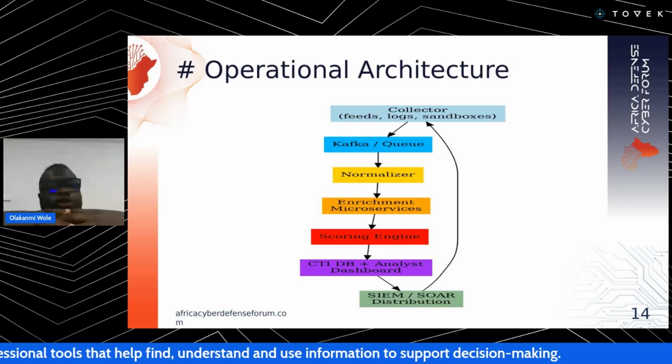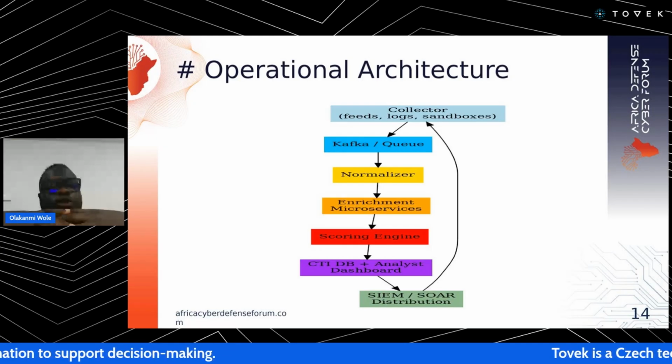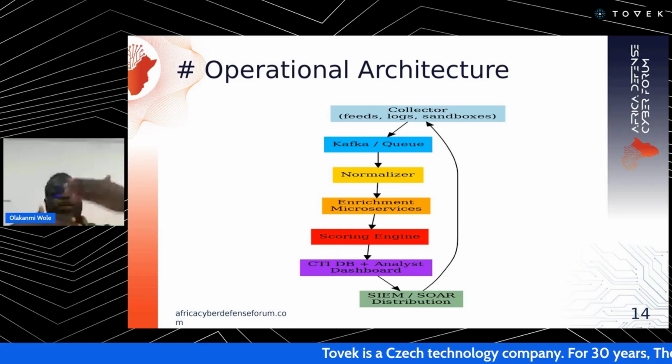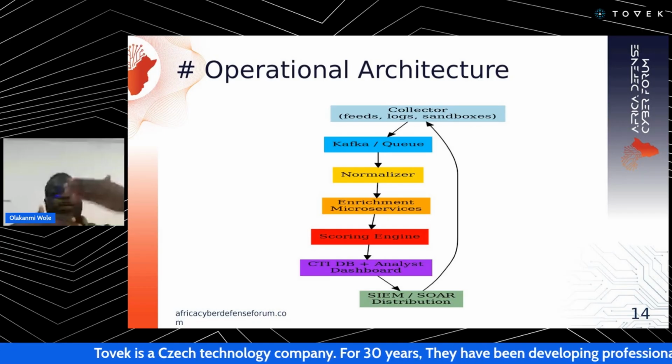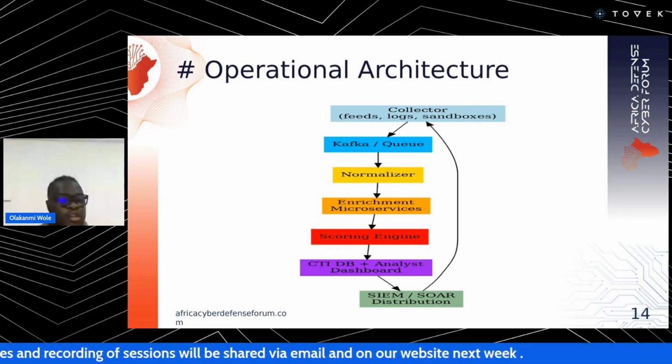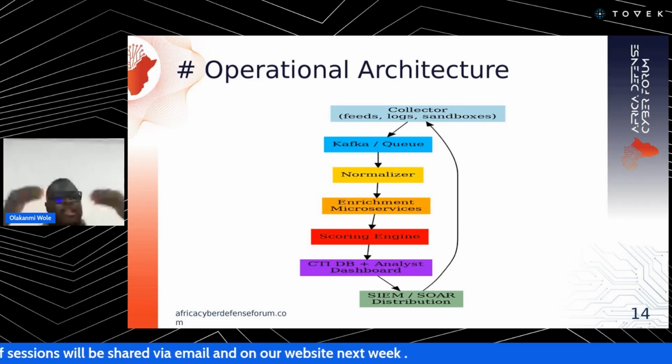As all of these feeds are coming in from different sources, the engine is the first step, and it takes all these different structured data from different feeds and normalizes it in a way whereby you now have a single structure